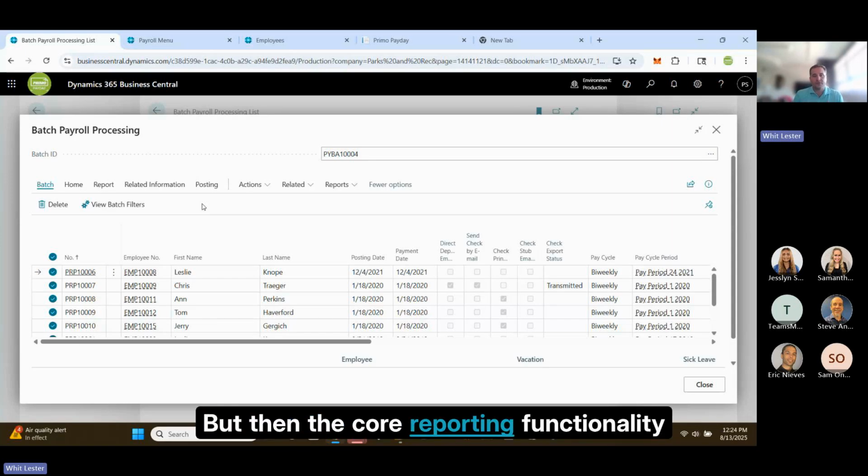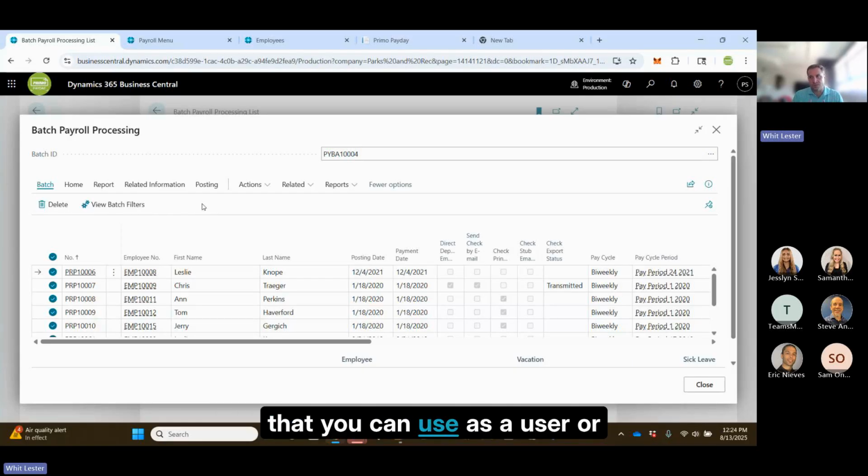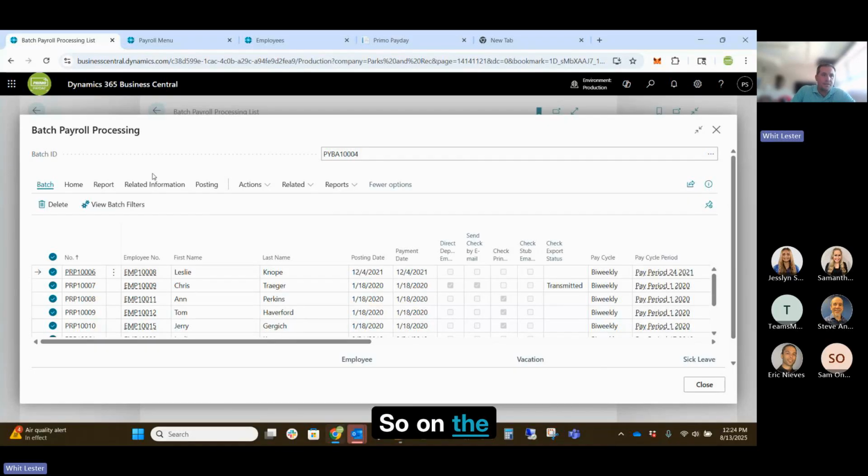But then the core reporting functionality is all built around configuring reports that you can use as a user or that you can configure on your own, where you can configure reports by payroll code or trigger certain fields in the employee card or payroll ledger entries table. And we can talk about that. So on the